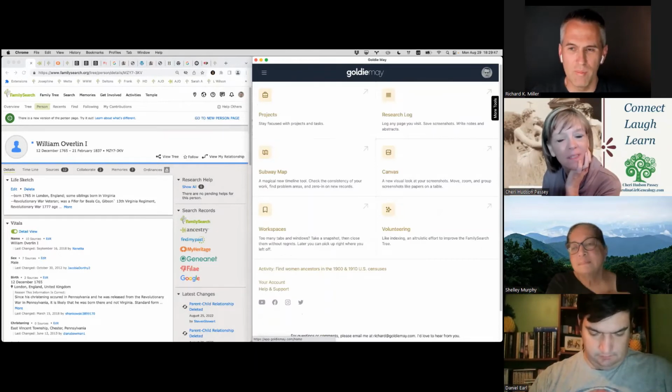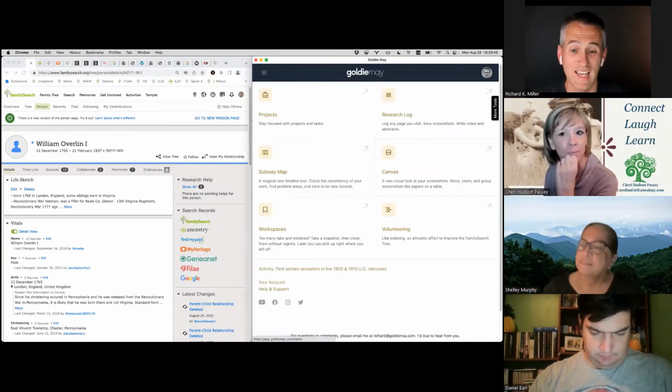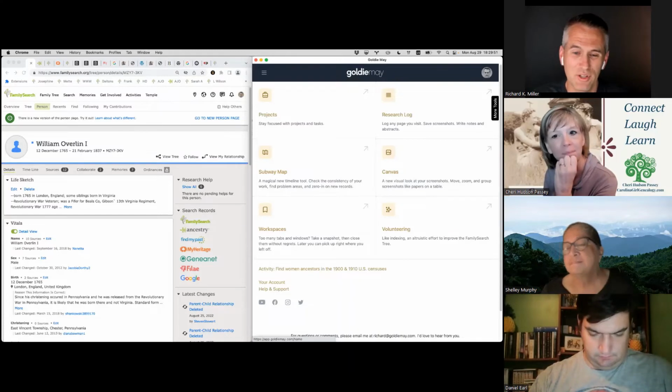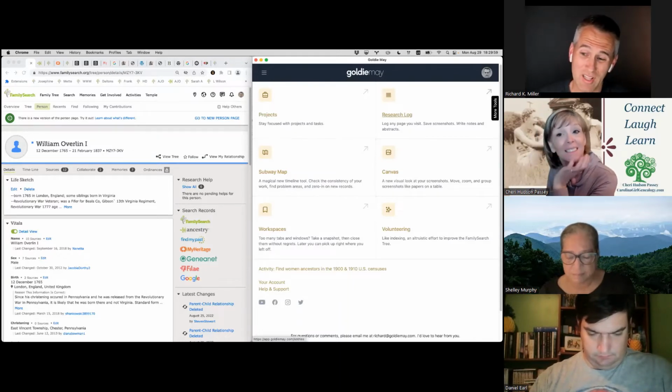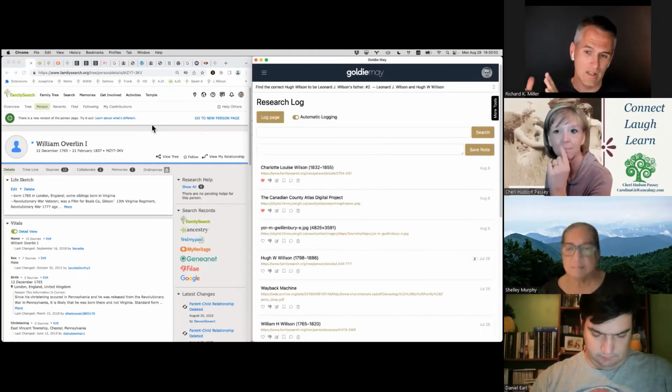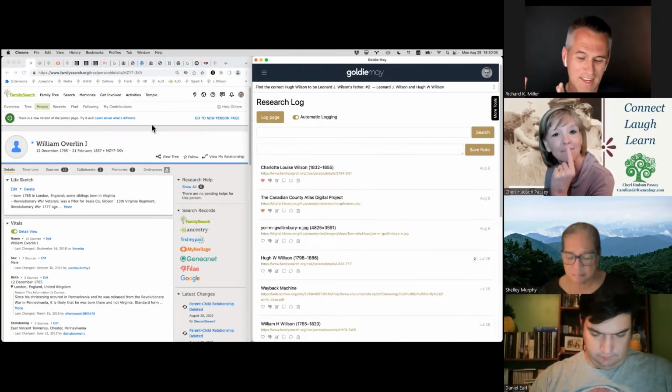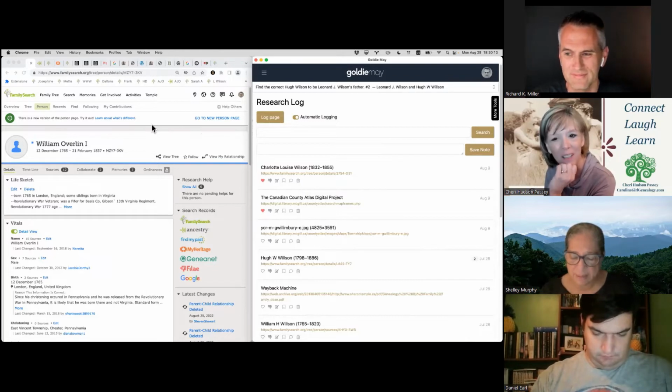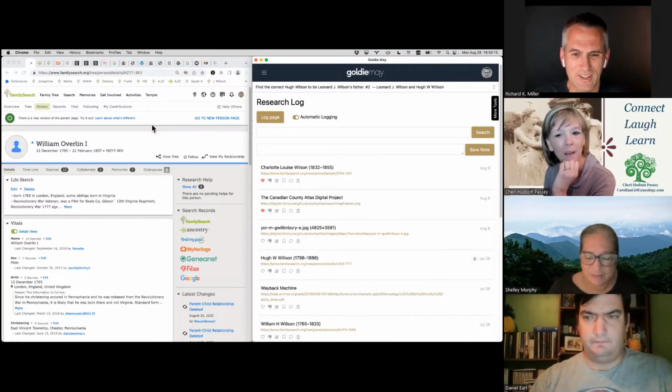It's a Chrome extension, but most of the data is in the cloud. So if you log out and go to a friend's house and log back in, you've got it with you. You don't have to carry a thumb drive to the library. If I'm at the library and I take a screenshot of something that I can only see at the library, then I've got it in my research log. And if I go home, it's there to see, and I didn't need to carry it on paper or a thumb drive. Very cool. Thank you.